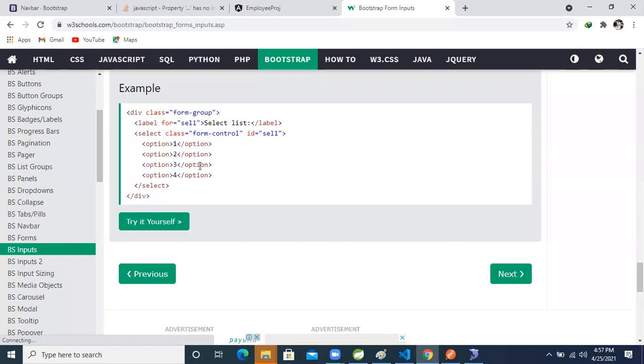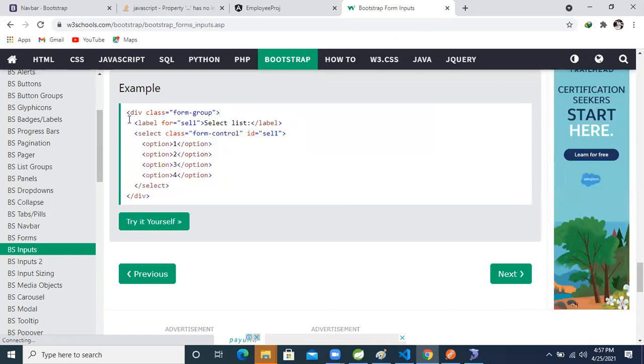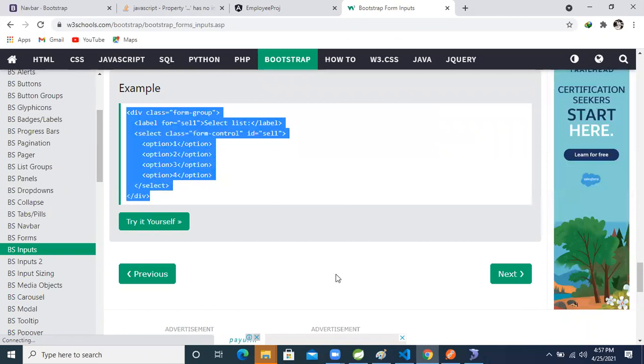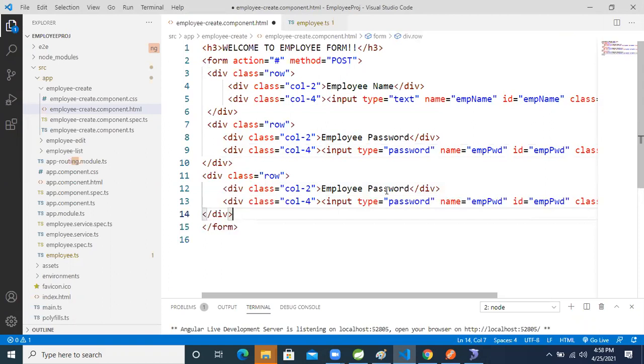Okay, I'm copying this one, guys. I'm taking this one only, right? From here to here I'm taking. Shall I take the total? Okay, let's take the total only. Copy this one. But before that we need to do these things. What I will do now, I'm copying this one, removing and pasting here. So here what I'm going to do now, just I'm taking employee gender.